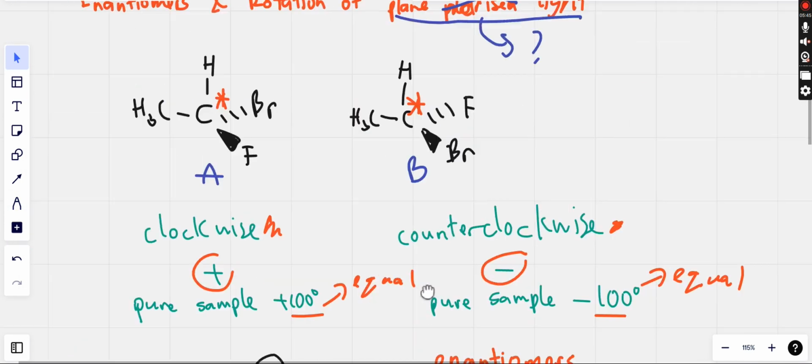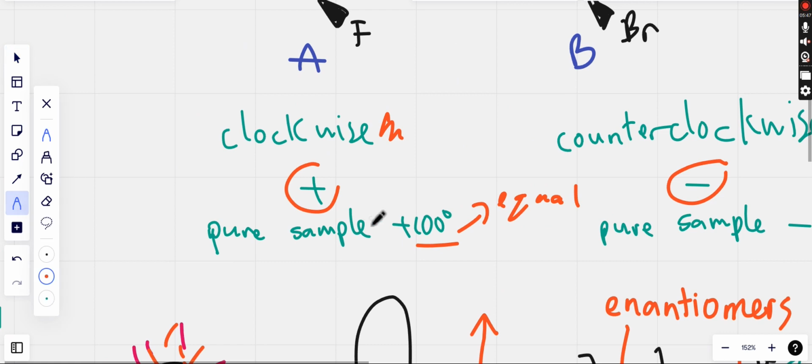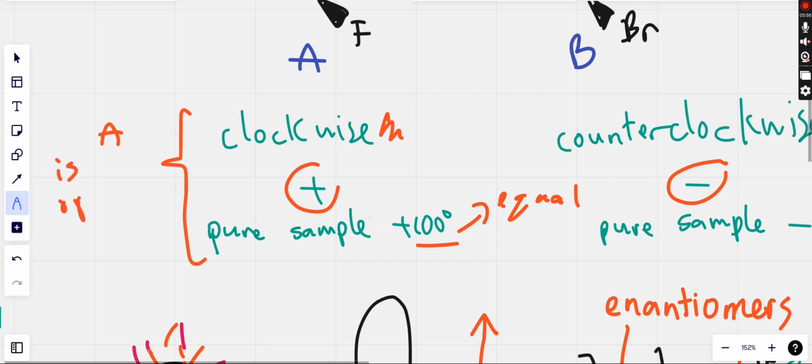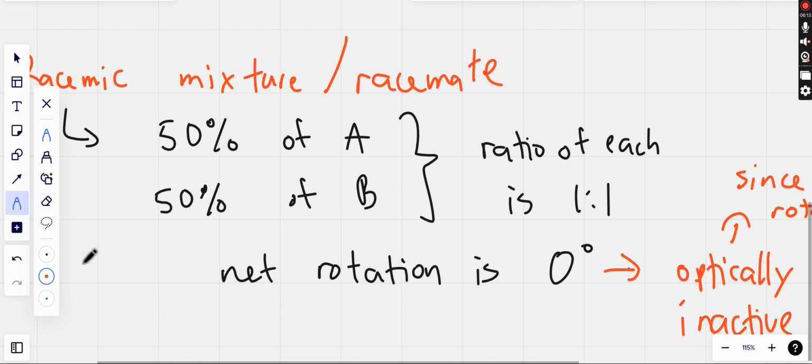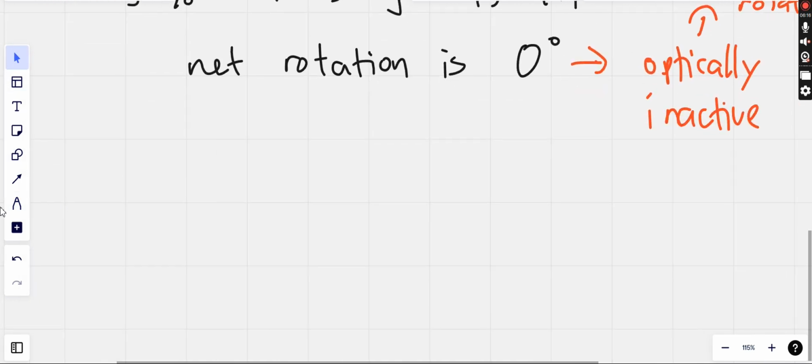And in A, let's go back up here. In this pure sample, since a pure sample of A can rotate plane polarized light, A is optically active. So optical activity is also quite a keyword in this topic. Okay, so let's go back down. So why is the net rotation 0? When the ratio is 1:1,